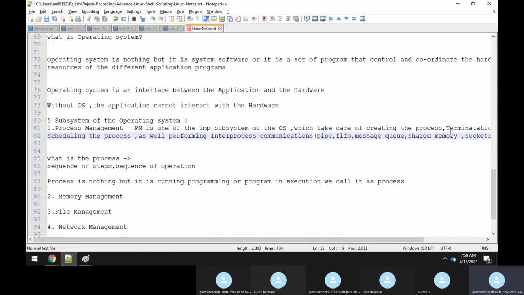So this is the one line definition. That's what you need to know. If somebody asks you, guys, what is the process management module? You have to tell this: it's an important subsystem of the operating system which takes care of creating processes, termination of processes, and so on. That's all, guys, no other thing. If you ask me what it is, it's a very big subsystem of the operating system where a lot of things are done. I'm just giving you one line of information, guys. That's all, right?